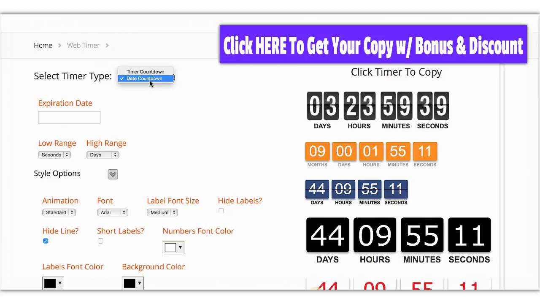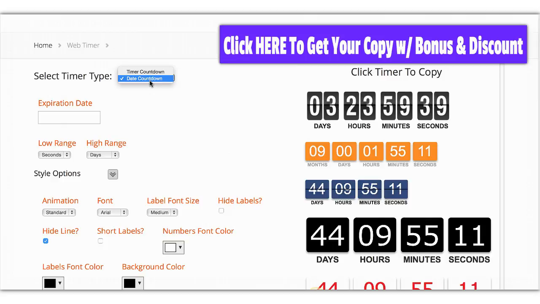You also have the style options. You can change the animations, you can change the font, you can change the color, you can change the size, you can hide lines, you can change pretty much almost anything that you want very easily right here. You can change the background, the fonts, all that stuff right there. Super easy, and we again start by letting you pick which one you want here on the right side. You can also change the size and all that stuff, and then after you're done with that, you just click on Create Timer right here,